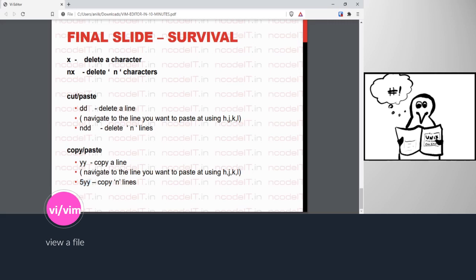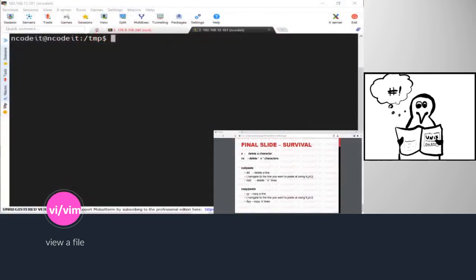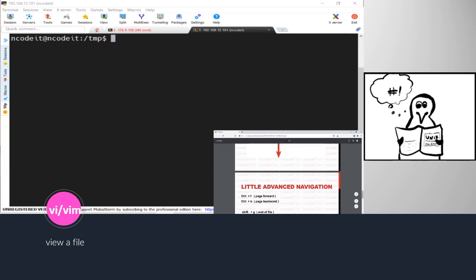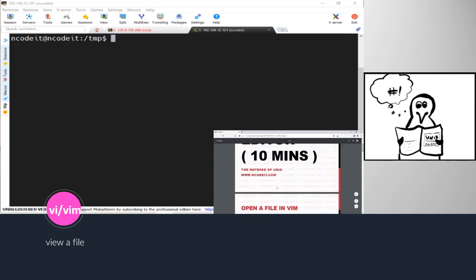And then you have to do a paste. I think here I did not give the paste. You navigate to the corresponding line and you do a paste, P. The same way here, cutting n lines and paste. So let's try to quickly see how these things work. So here, cut paste, I forgot to mention P here, so we will do that. We'll see that in our execution. So going back, starting from the beginning,